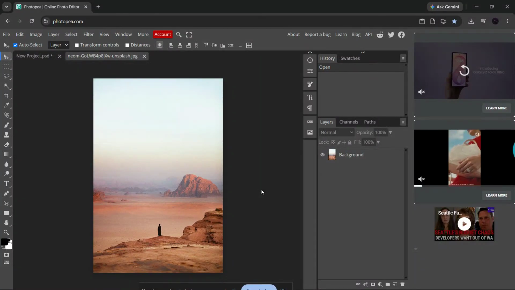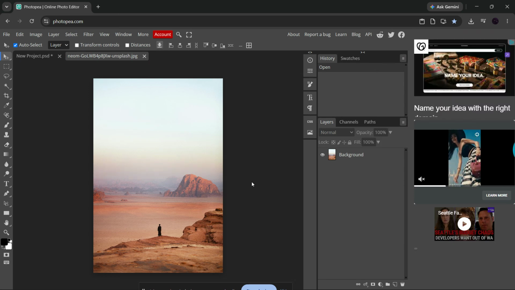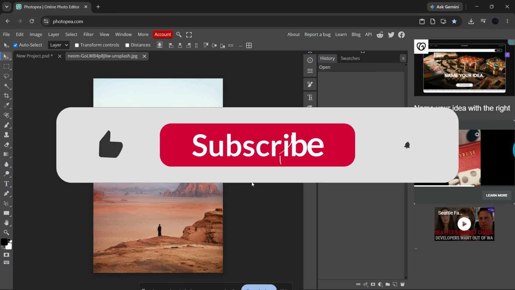If you've ever found yourself squinting at tiny details in Photopea, this video is going to save you a ton of time. Today, I'm going to show you exactly how to zoom in Photopea using simple keyboard shortcuts, your mouse or trackpad, and a couple of super useful view controls that make editing much easier. Whether you're working on photos, graphics, or design mockups, knowing these zoom shortcuts helps you move faster and work more